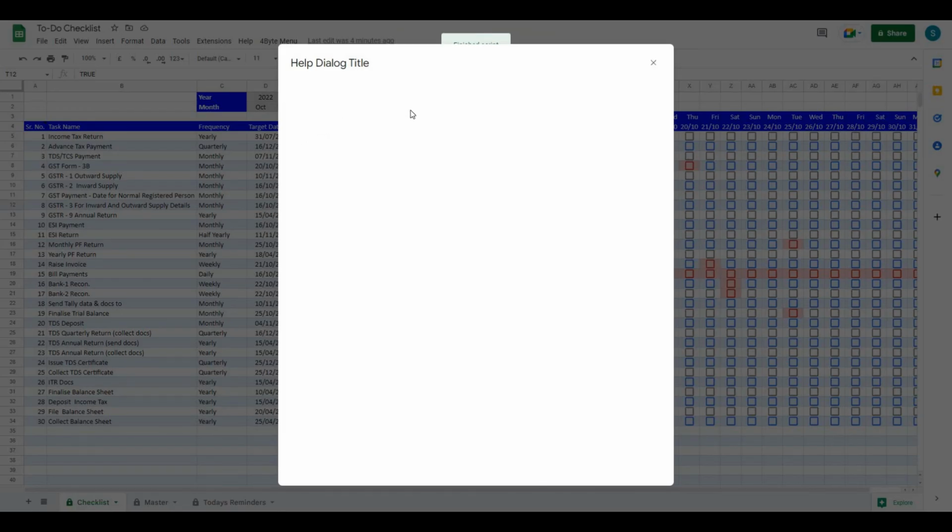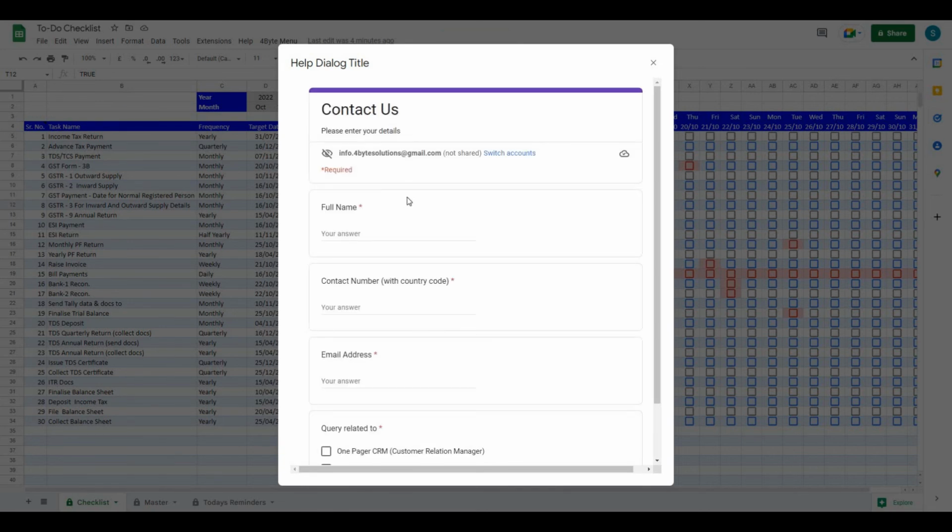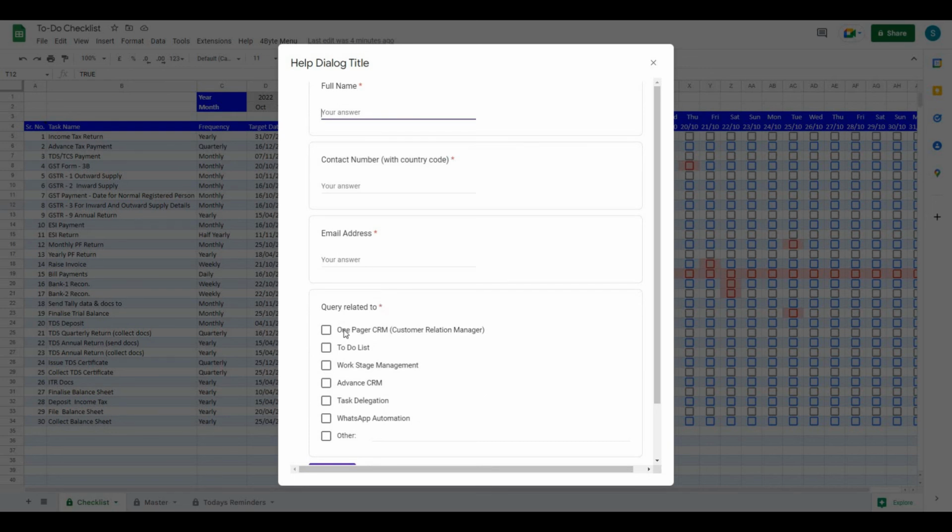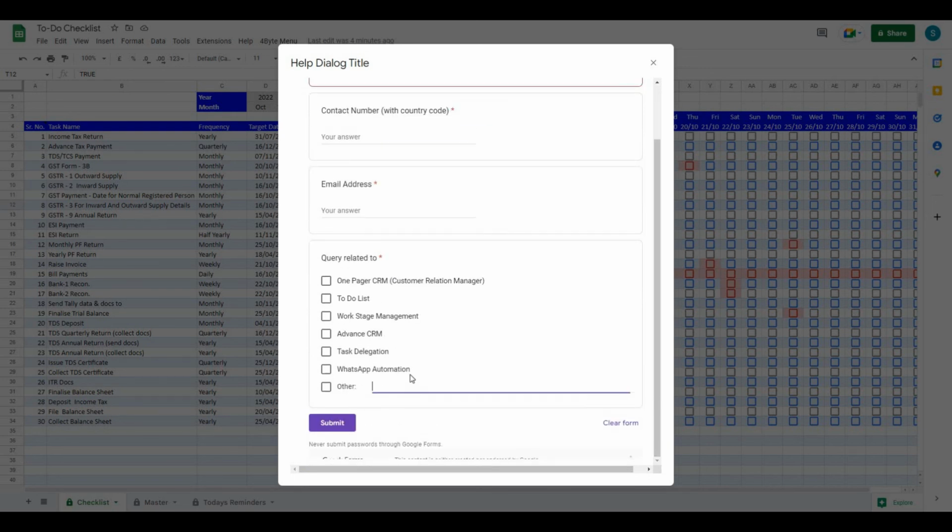Here you will find a help dialog title and a Google form. Just fill this form, select your query, you can enter any other query, and click on Submit. We will reach to you